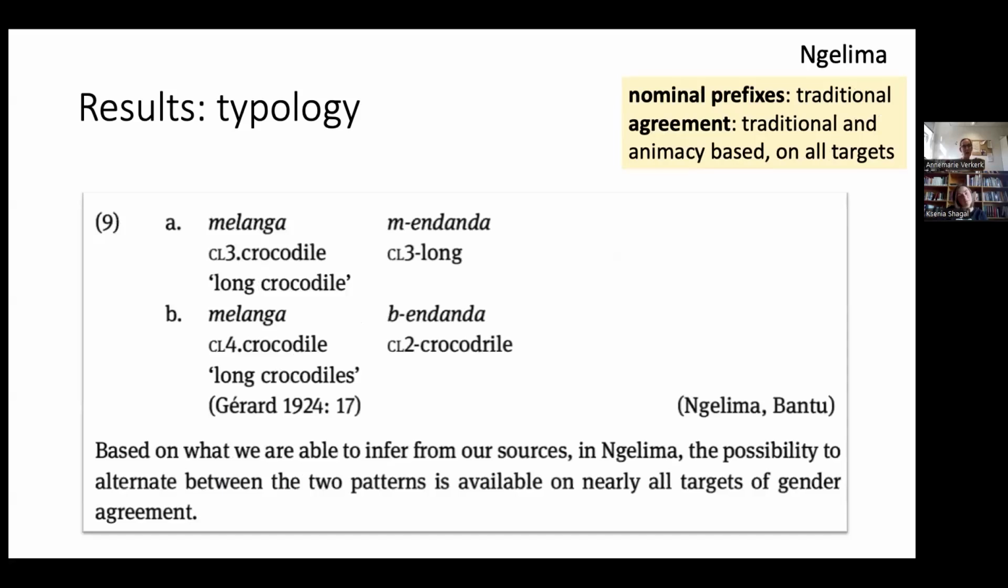Then we have Neglima, which resembles Lefa in the sense that you can have both types, right? We can have traditional and animacy-based agreement, but you can do it basically on all targets, right? So here you have an example of syntactic agreement on the word for long, and here you have, for some